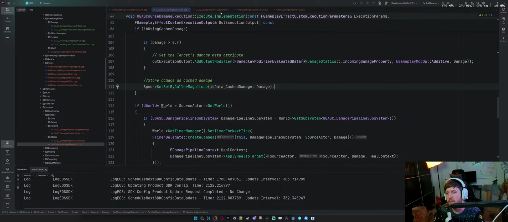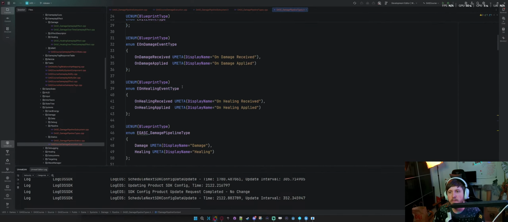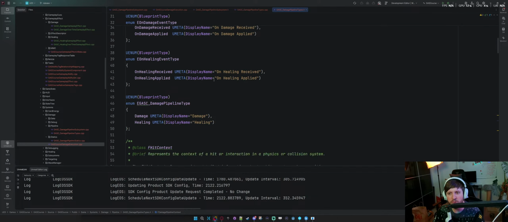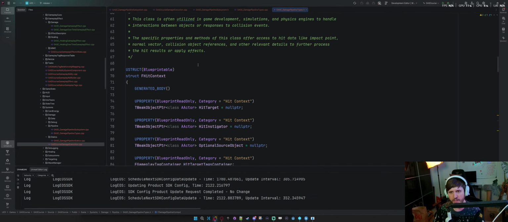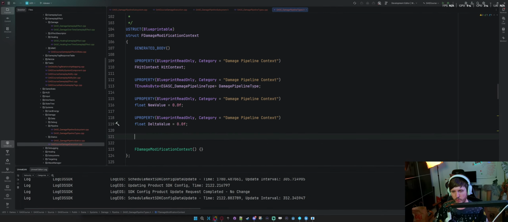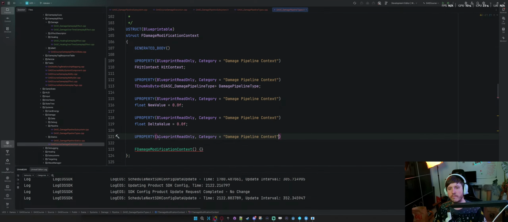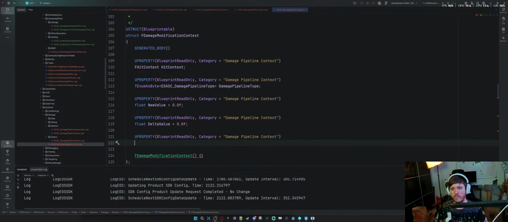That would be useful in a lot of cases. So we'll need to go back here. Maybe it could be critical healing and stuff like that, but for now, excuse me. All value and U property. Blueprint, read only. Cool. The critical modification. Oops. Okay.